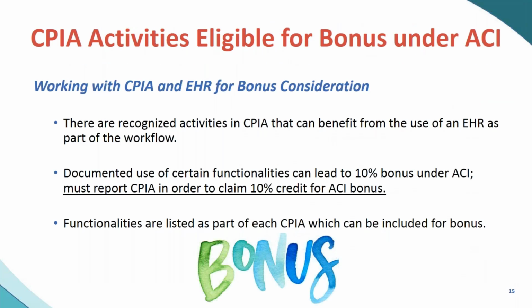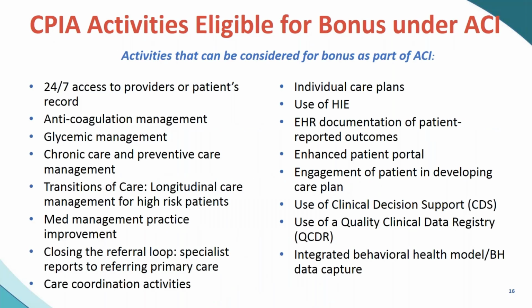And so there are a little more than 50 categories of clinical practice improvement activities, of which they've highlighted, I don't know, probably about 20. These are the major categories that, if you report on them, then produce a 10% bonus for your technology use. And there are many: there's diabetes management, anticoagulation management, a lot of care plans. Care plans, yeah, for both transitional care and chronic care management and so on.